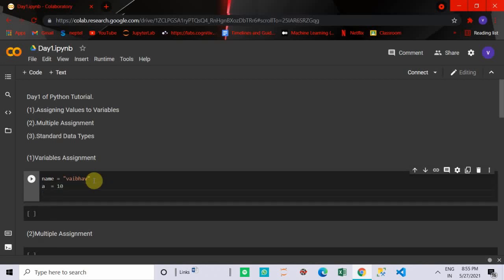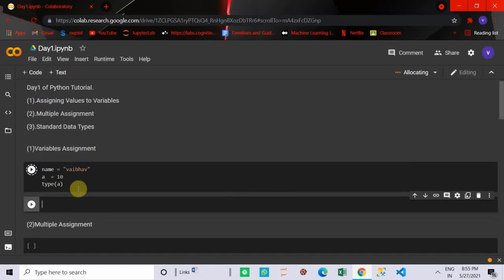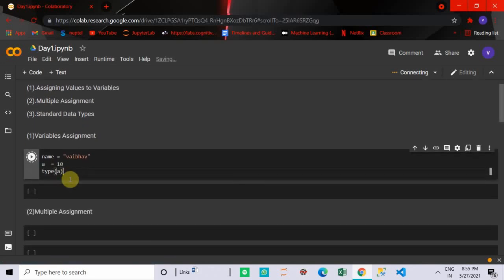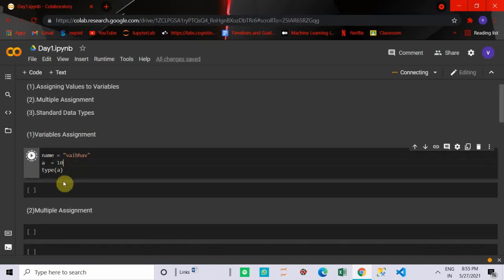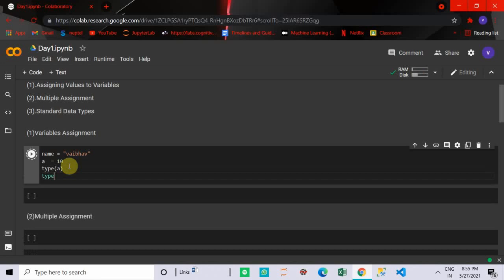To check the data type of any variable, you can use the type function. So basically type, and then you put that variable inside it and you will get the answer. Like here, it will take time. Okay, so this is variable a that is of integer data type. And now there is a string, name, so we can also use type of name.